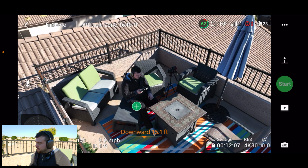Almost original point. But yeah, guys, that is how simple and easy it is to do a quick shot with